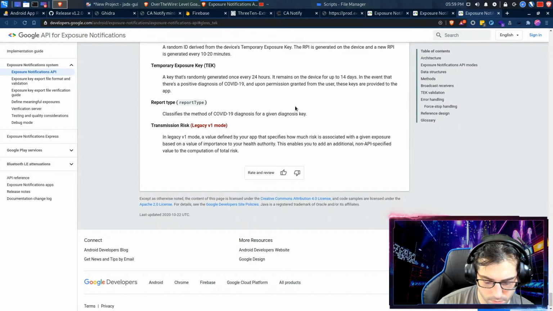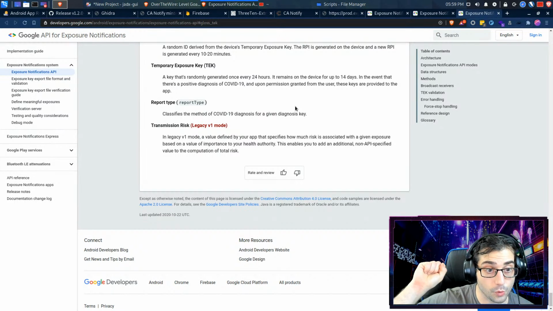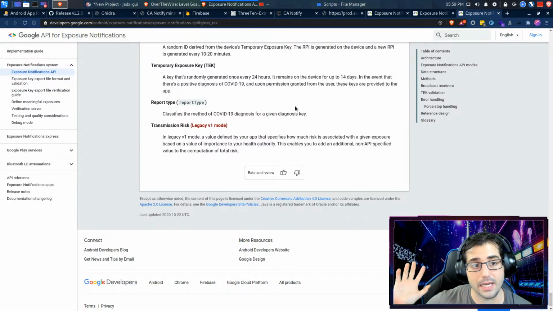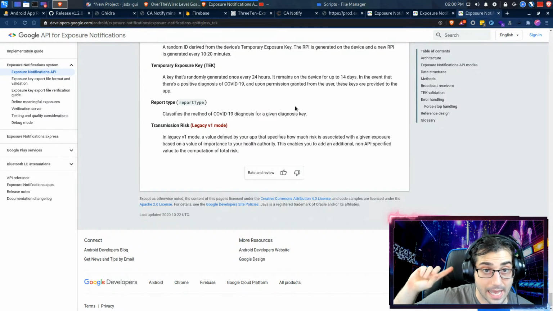Which actually, oh, I didn't uninstall it, did I? Can't find it in my apps. Anyway, if I did notify somebody, now my temporary key goes up into what? And that what, I think in this case, is the Firebase, the Firestore. And that is where their backend server logic is saying, hey,